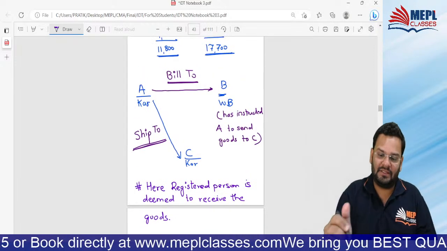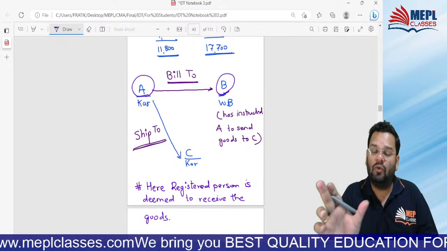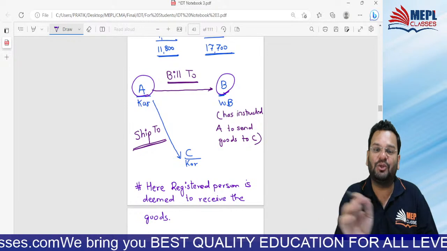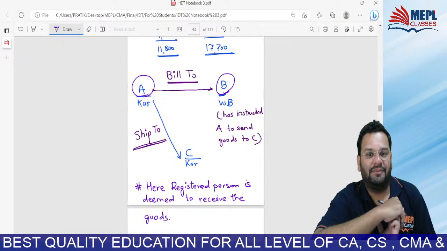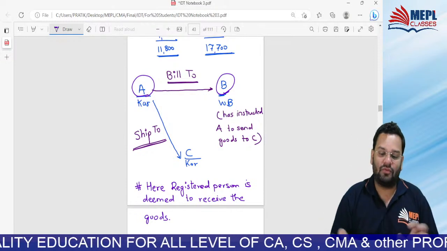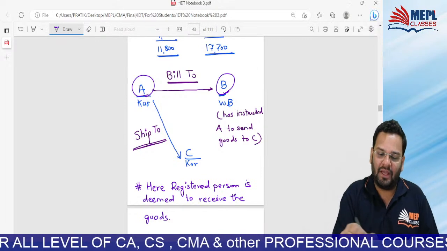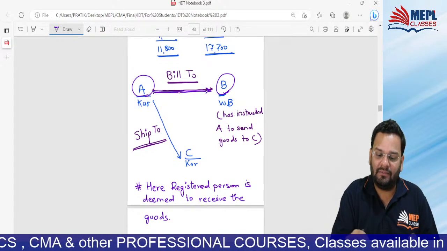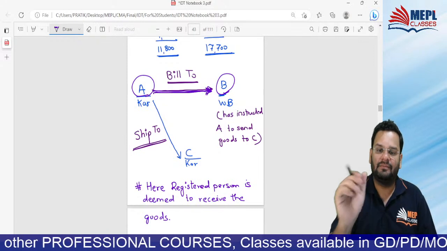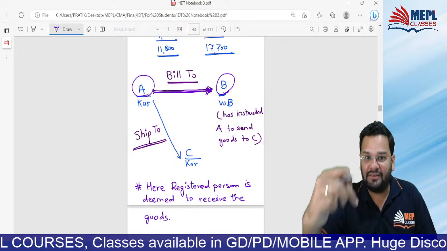Okay, listen carefully. A will invoice on whom? A will do billing to whom? Who is the customer of A? B is the customer of A. So A will do billing to B. So ideally, now B should take ITC. But geographically,